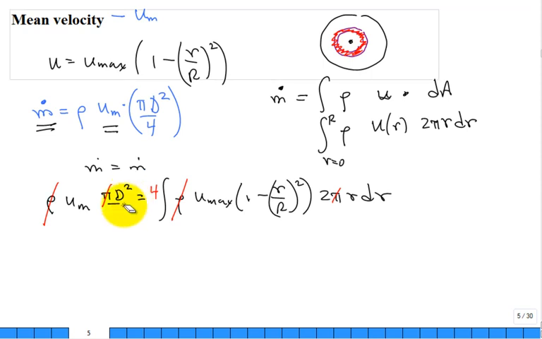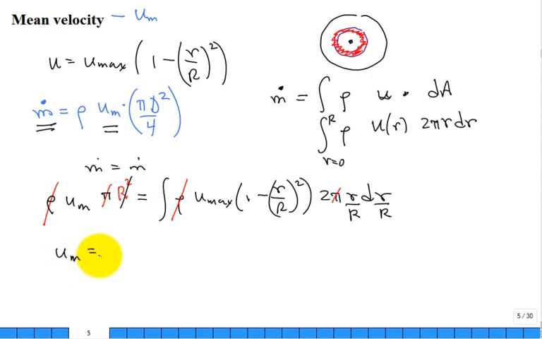Forget I like to work in diameters. How about this one? Pi r squared instead of the pi d squared over 4. That way I'm done with the 4. And I like this better. Now I can bring that r squared over, put a cap R there, put a cap R there. And so u sub m is equal to u max times the integral of 1 minus r over cap R squared